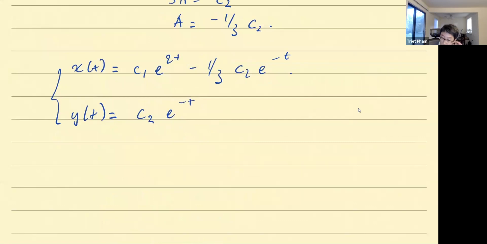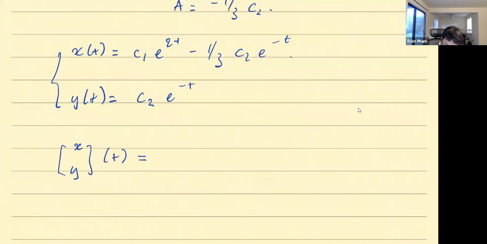Now, this is fine at this level. But notice how x depends on two undetermined coefficients. That's not surprising because x here is not an equation by itself. X is a part of the system. The reason why y only depends on one undetermined coefficient is because y is the equation standing by itself. But in general, when you solve a system, you expect C1, C2 to appear in both solutions. So a sneak preview, but here is a way that we will